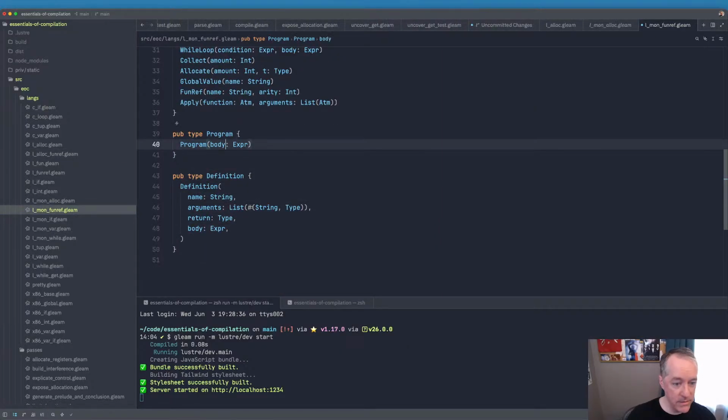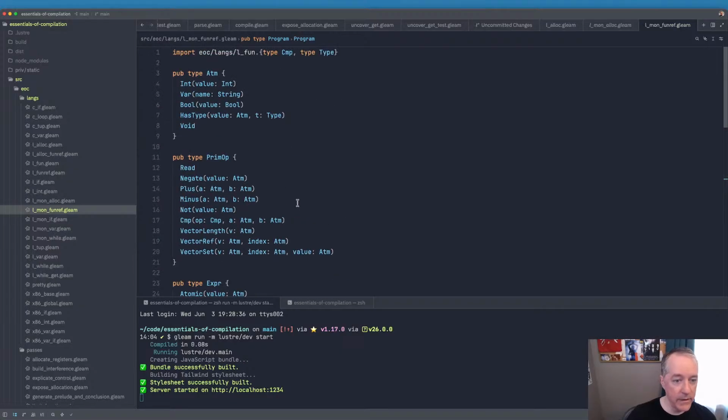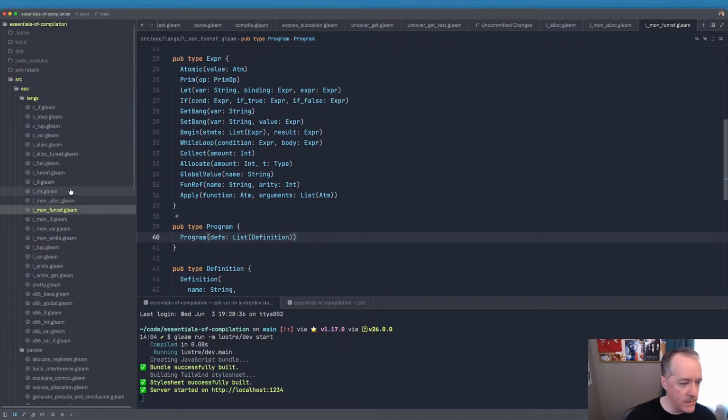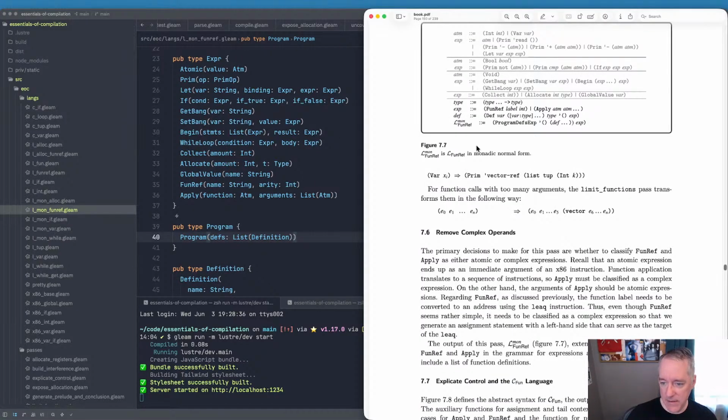And then the program is going to be defs, a list of definitions. Okay. The only bit that we have left that I'd like to handle is the formatting. So